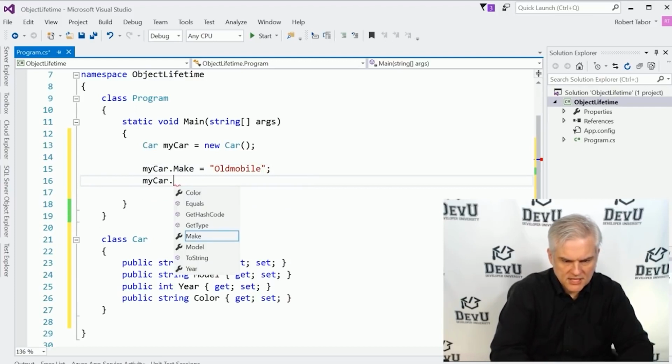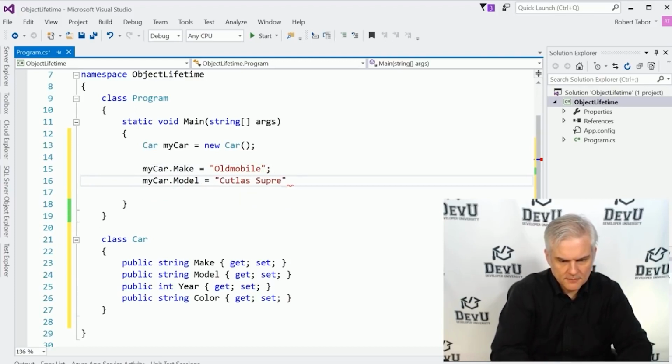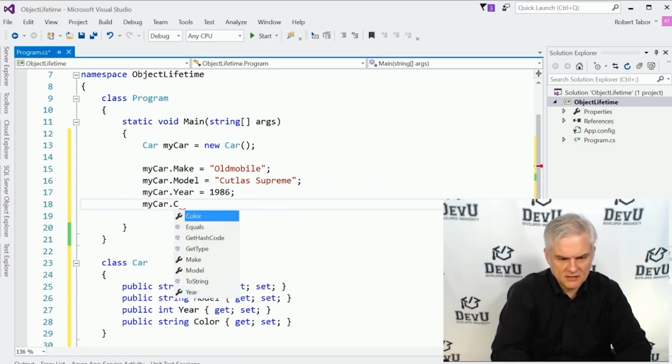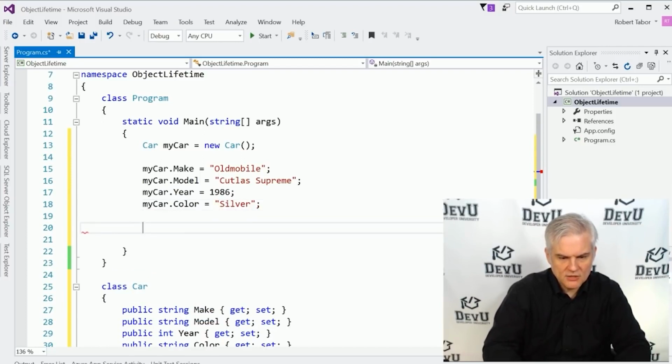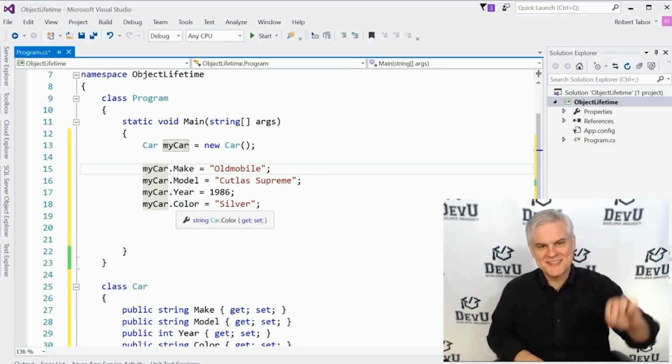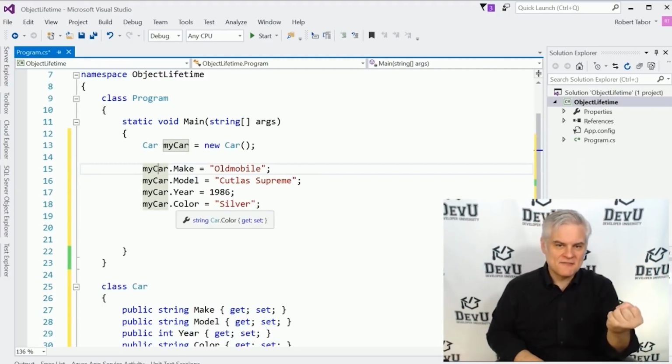And then we'll set the year equal to 1986. And then finally, we'll set the color to silver. All right, now keep that in mind. We've created a new object that we're referencing using the myCar identifier. This instance of the car class lives in memory, and we're holding on to it with a handle